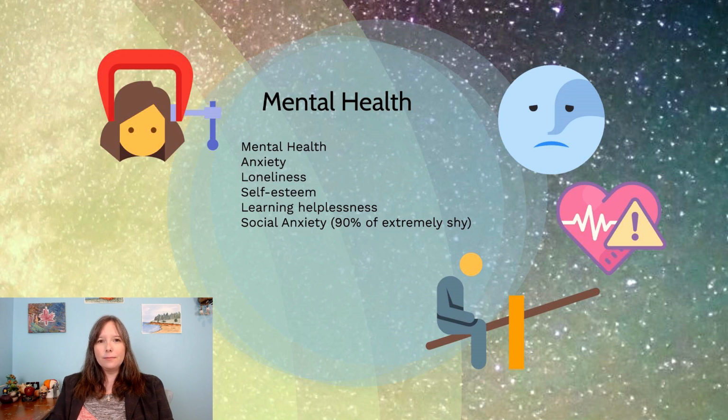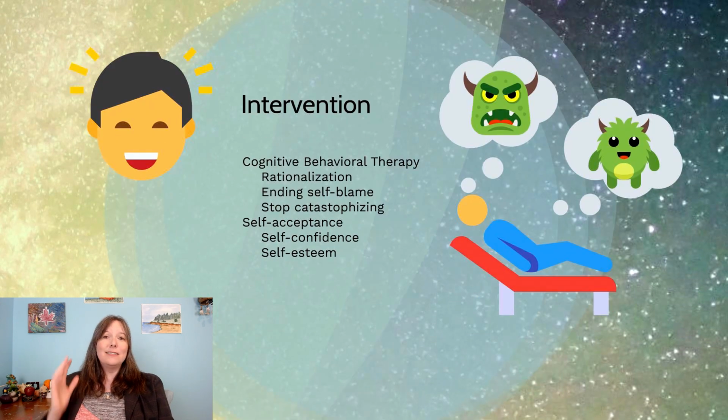That being said, let's talk interventions once again. One of the best things we can do here is cognitive behavioral therapy. We know that shy individuals are not having realistic expectations and realistic judgments of others, and that through CBT we can help them move from rumination to rationalization, we can help end the self-blame, and we can help them to stop catastrophizing and making giant monsters. We can help them realize that those big scary green monsters they see might actually be quite cute and cuddly, and the world's not as fearful as they thought it was.